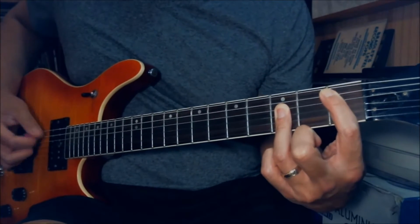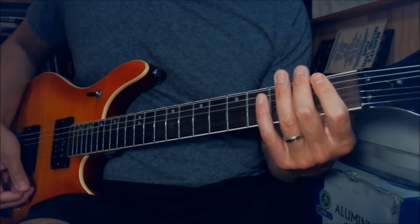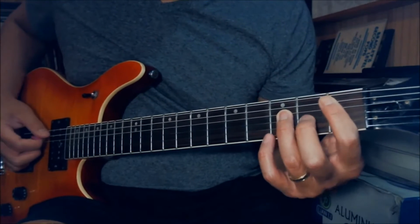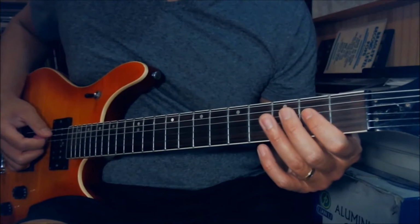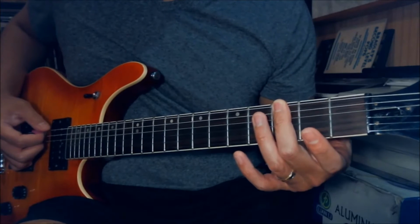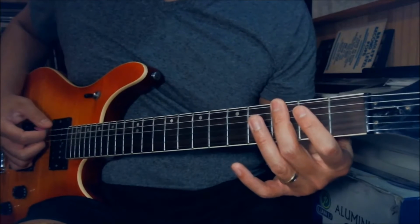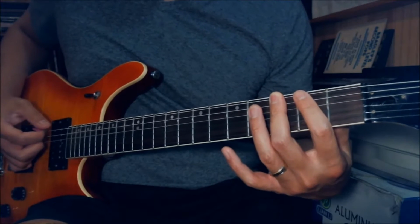Here's a different part. So it's all power chord. Play B power chord, and then open A power chord 3 times, and one more time on the A. And then you play the 3rd fret of low D and A string 3 times, and you do it again one more time, and you play the 2nd fret of low D and A string 3 times,